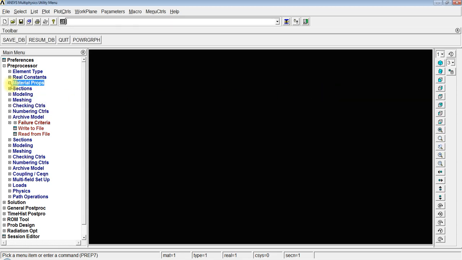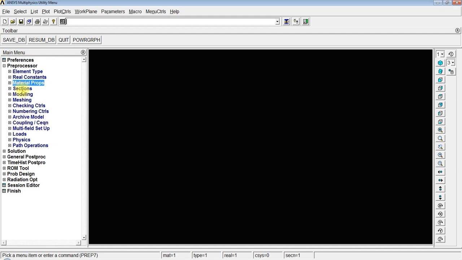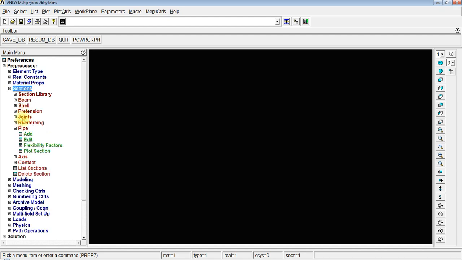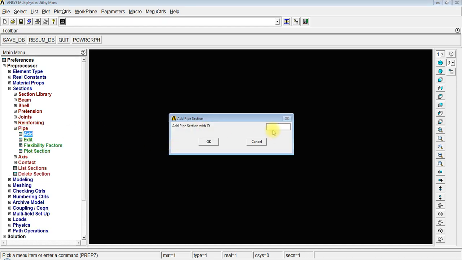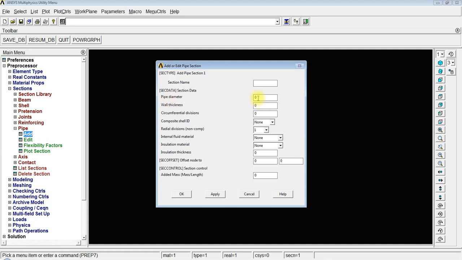Done. Finish. Now we will define section. In the section we will define the section for the pipe element. Add pipe ID. We will input value 1. Pipe diameter will be 2 centimeter.